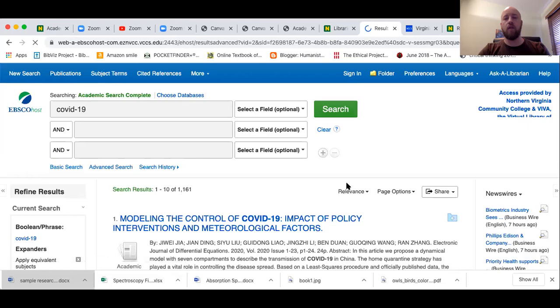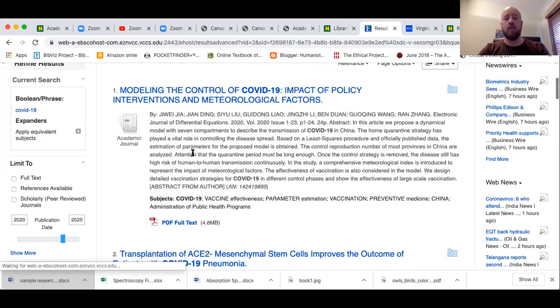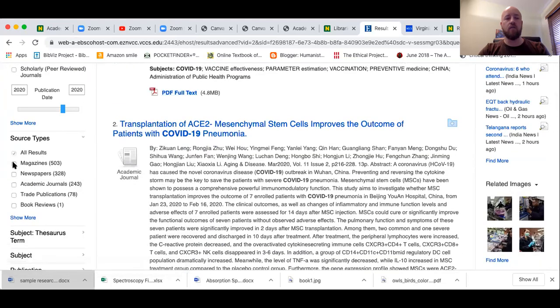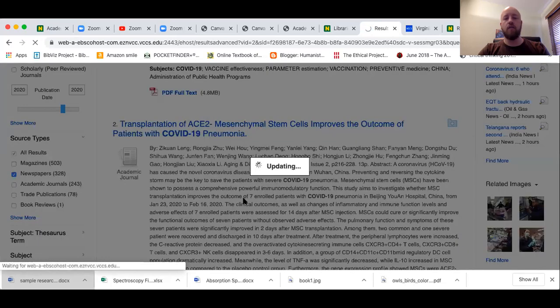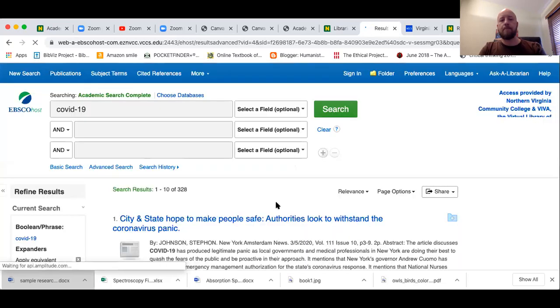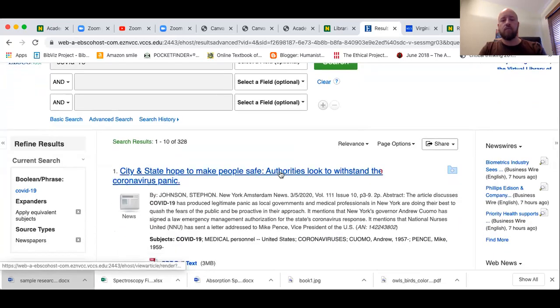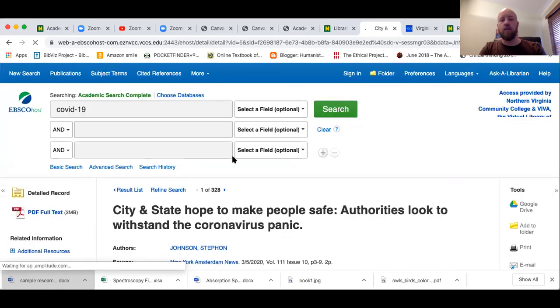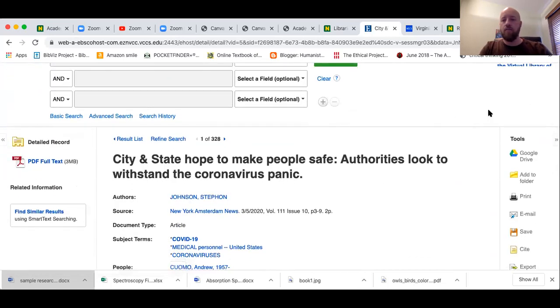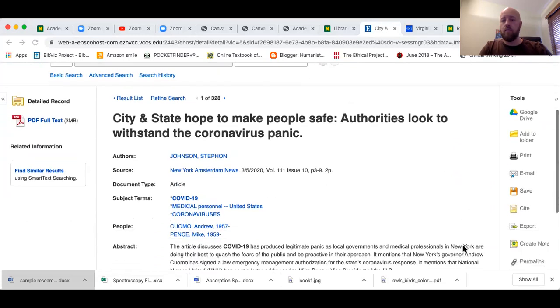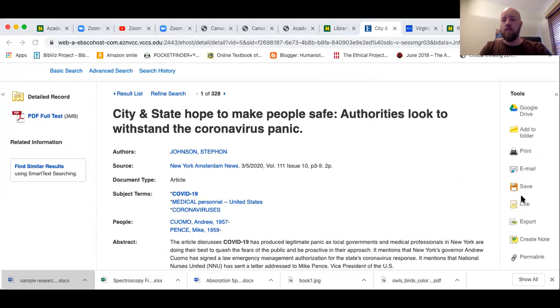If we're looking at sources, whether these are academic articles or newspaper articles, when you go into the citation, it's over here, right here. Everybody see the little cite button right there underneath the save? When you click on the cite button,